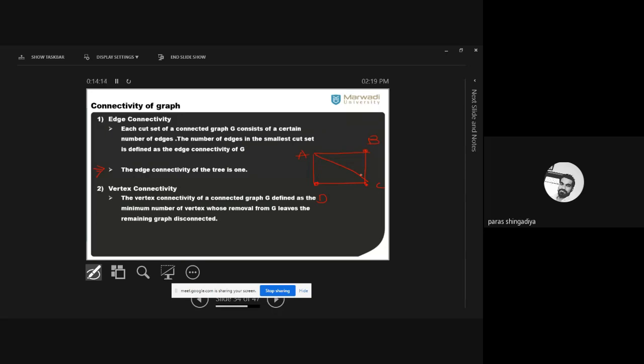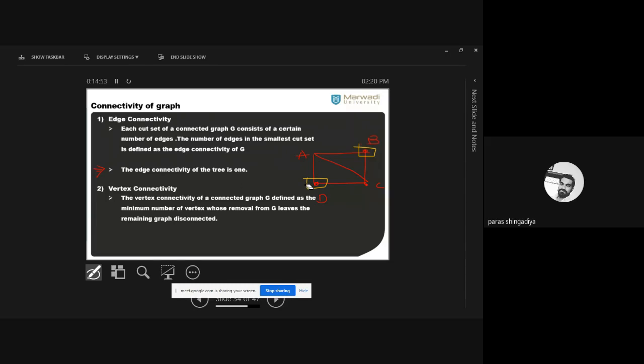Now do it for two vertices. Remove any two vertices and check whether the graph splits into two partitions or not. Which two vertices can we consider? A and C. Yeah, very good. If we delete B and D from the graph, the graph will still remain connected. A and C are still connected there. The four edges will be removed with B and D, but A and C will still be connected. So for the B and D case, it is not possible to make the graph disconnected.